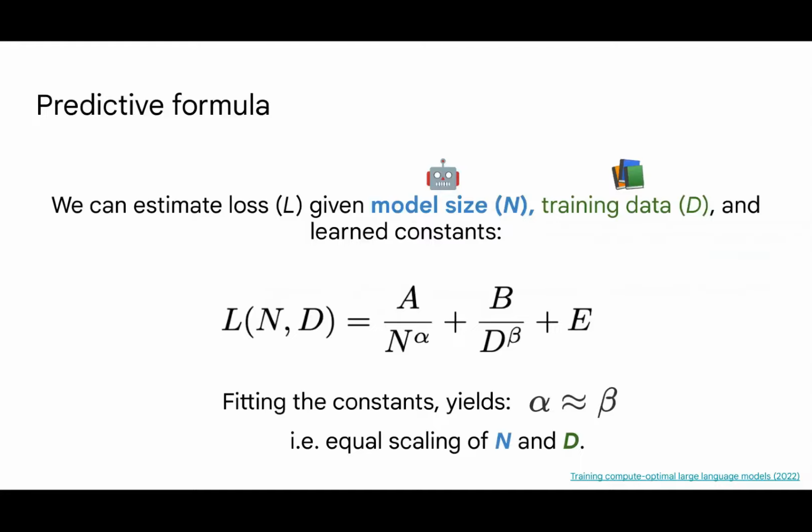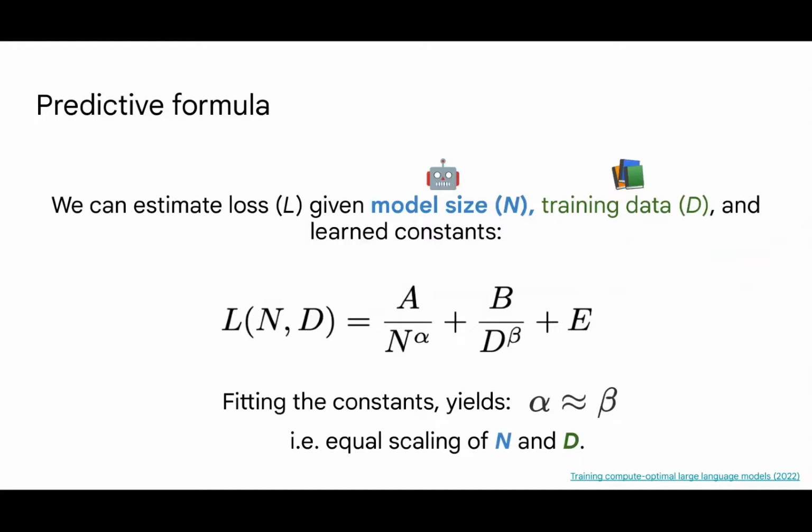Chinchilla will be the basis for the rest of the talk, and frankly, it's a paper anyone interested in this area should read in depth. In this work, they derived a relatively simple formula for estimating loss. This formula is a function of the model size and the training data. Here, n represents the number of parameters of the model, and d represents the number of tokens in the training data. We're going to try to write down a simple functional relationship, which will produce the prediction of the final loss.